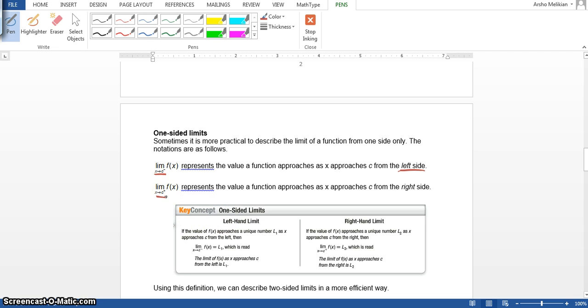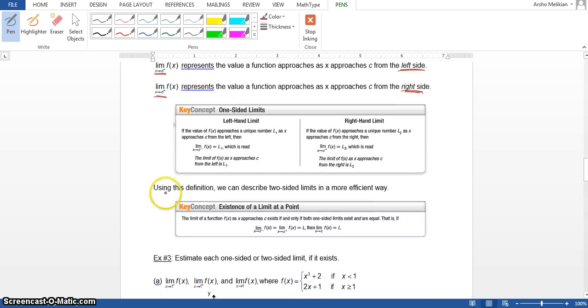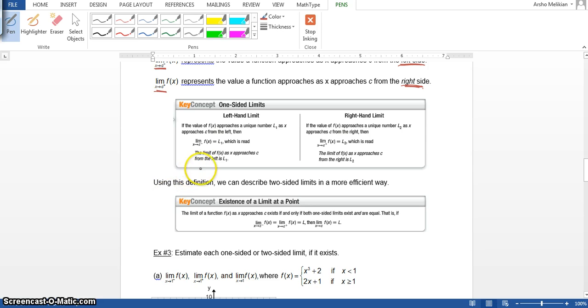If I've written it this way, x approaches c positive, now you're approaching from the side of the positive numbers, you're approaching from the right side. Okay? So the theory is that if you approach a limit, if you approach a value from the left side,